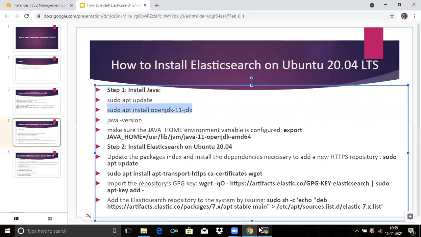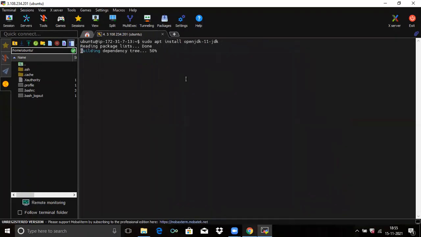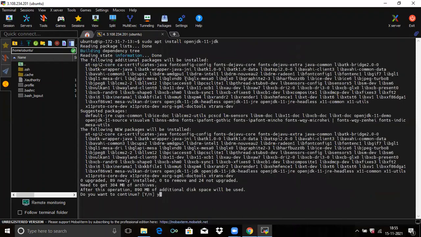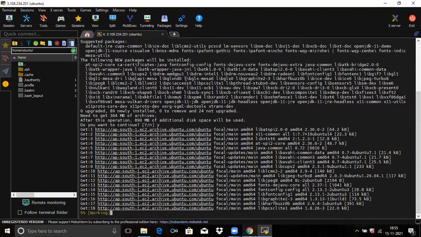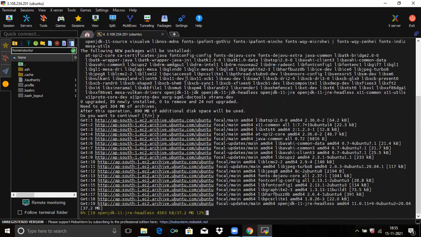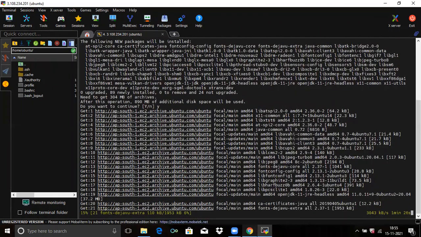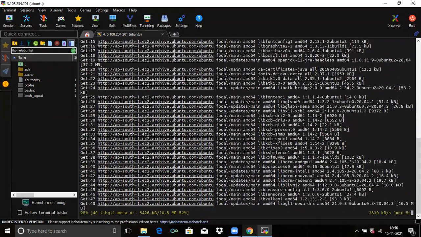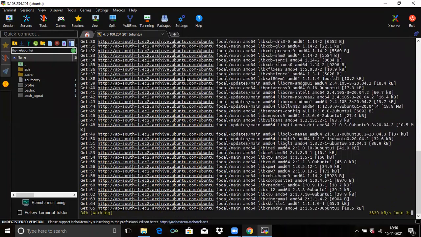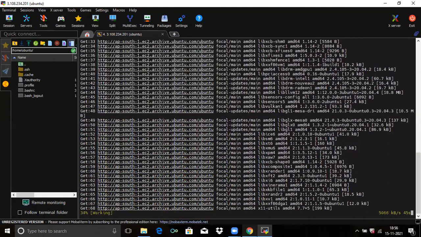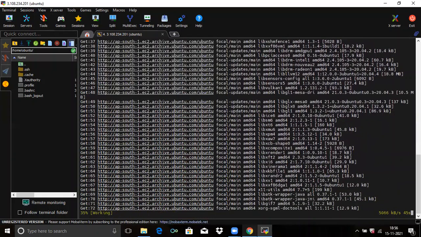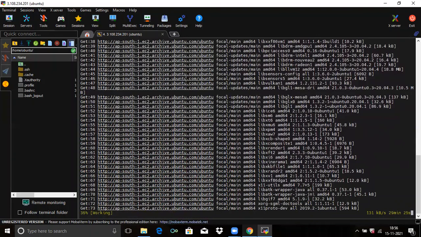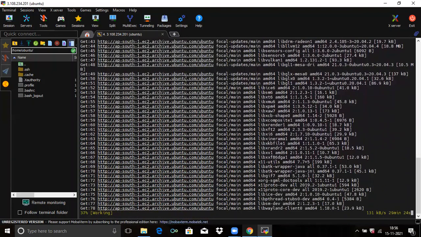Run this command to install Java. So yes. You can see it's installing.